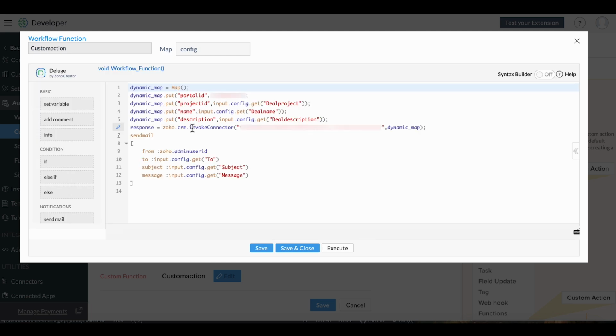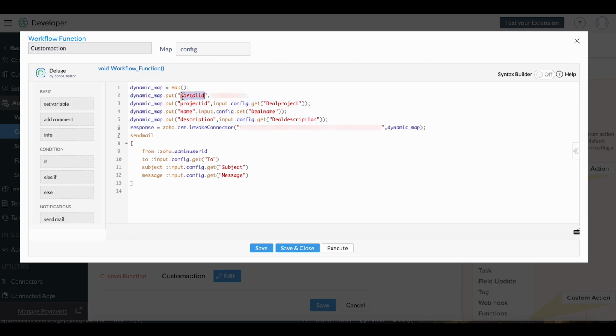You just have to perform the common functionality, which is going to be two things: creating the particular deal as a task in project and sending out the email. So the first half is handling the creation of a deal as a task in project. So if you remember, we have one connector API to create the deal as a task. So that's what I've invoked over here. And in order to invoke this, we require certain details. So we require details like portal ID, project ID, name, and description.